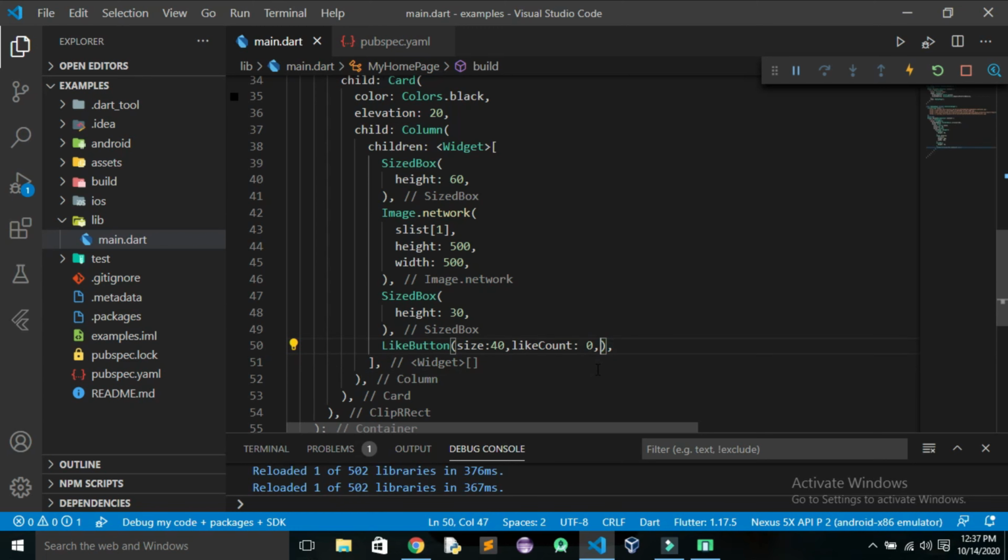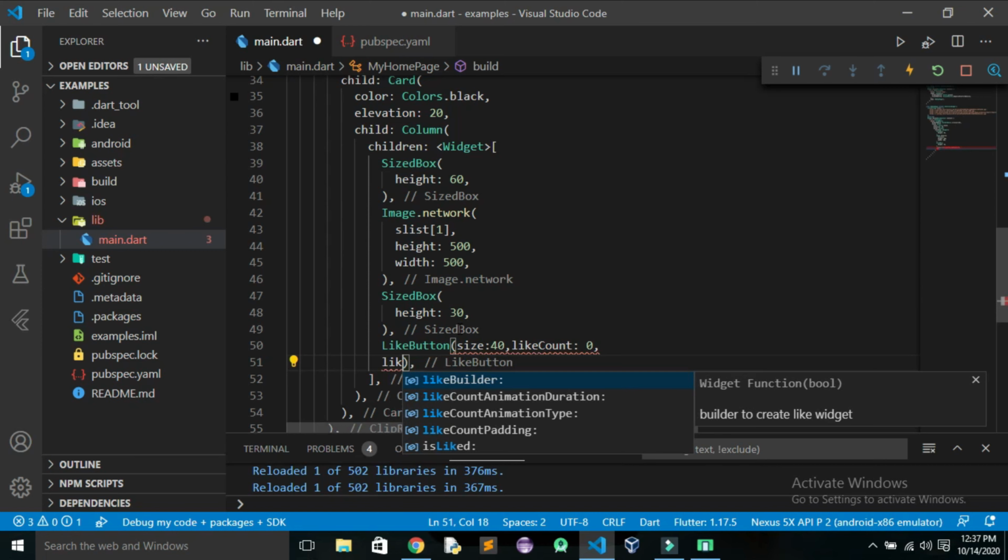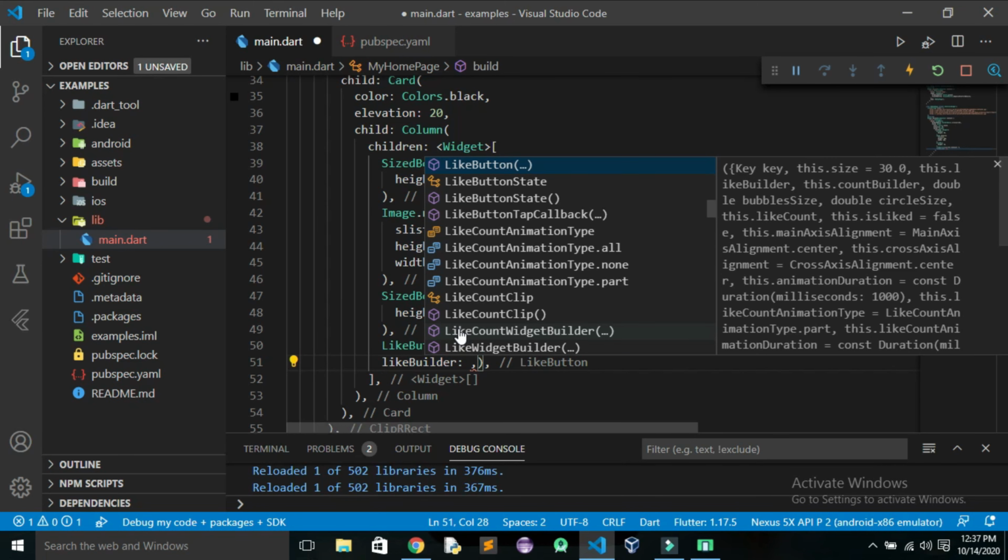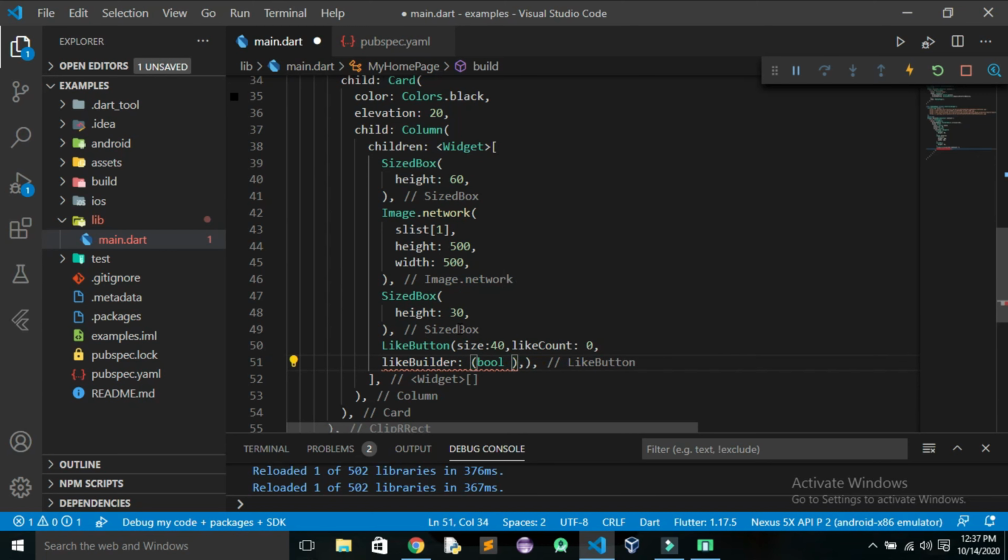Suppose you want the like button icon to be different. This can be done by using the like builder. For that I'll use like builder, and it takes one parameter here, which I'll take as bool isLiked or something like that. Now you just need to return what icon you want here.